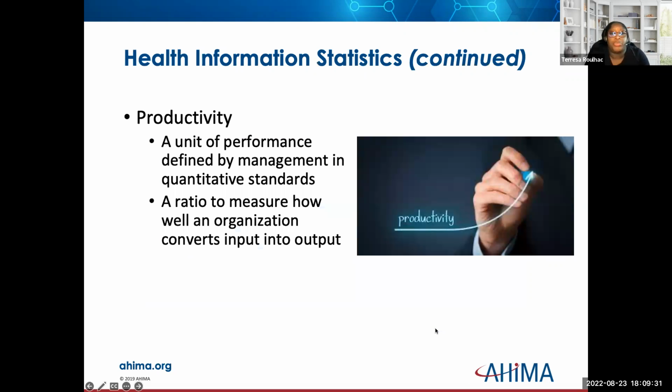Okay, now we look at productivity. Most health information departments have productivity standards for different areas in the department. So let's say you're in a coding section and the productivity standard may be that employees should code at least 4 inpatient records per hour. In a 7.5-hour workday, taking into account breaks that the employee will take, that would be your 30 inpatient records per day.